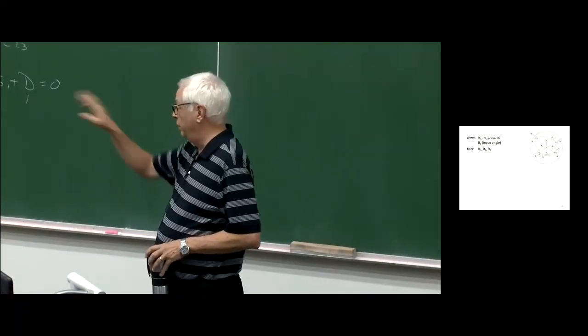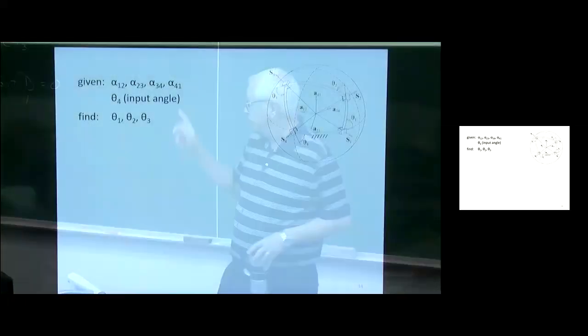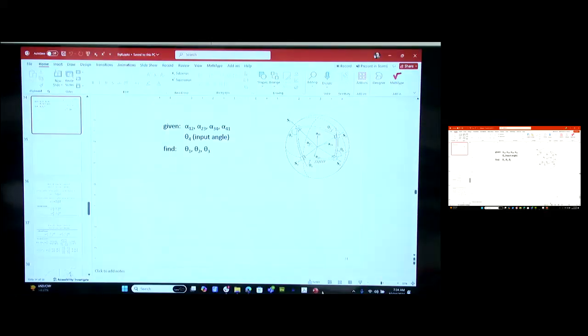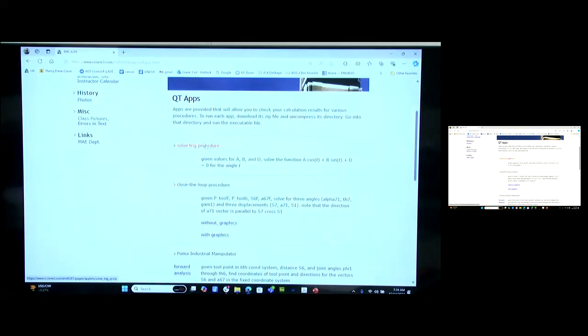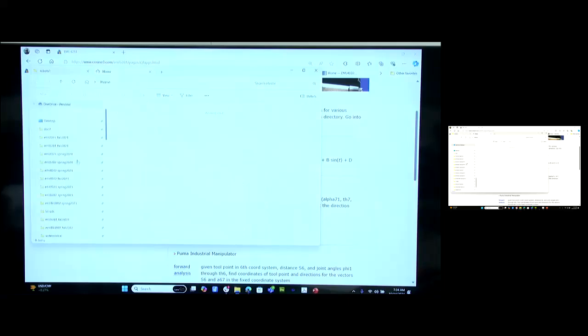So the first homework problem was, given a 4-bar and one of the thetas, solve for the remaining. The second problem was, given a, b, d, write a function that does that. And if you do want to see some other cases that are run, if we go to this Qt apps, here's the solve trig procedure, and I went ahead and downloaded it. It's a zip file, and then if we go into that zip file and run it,